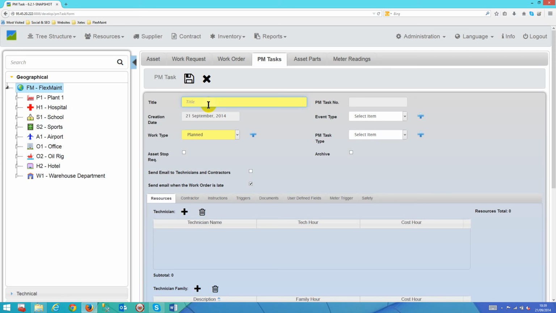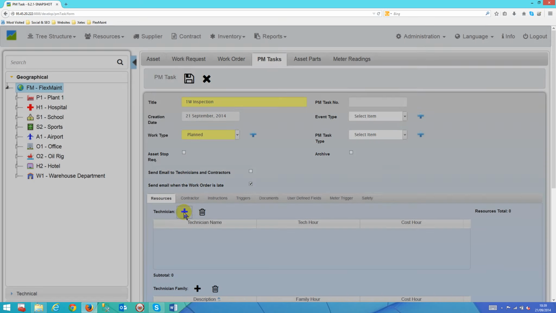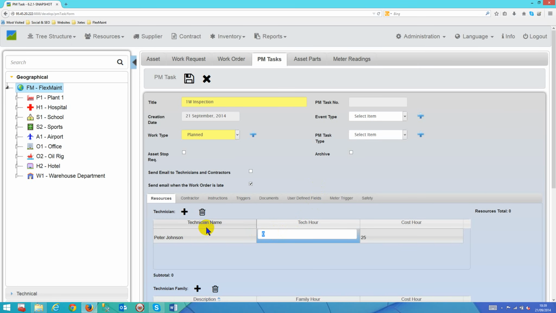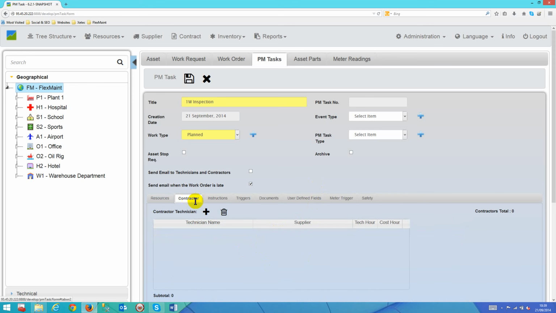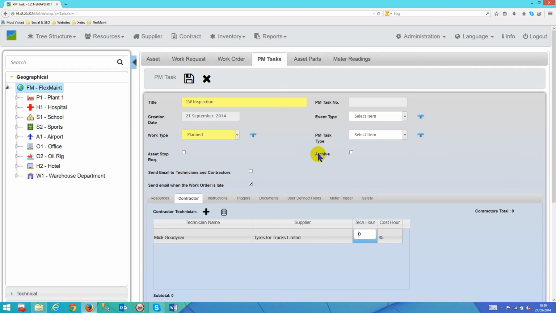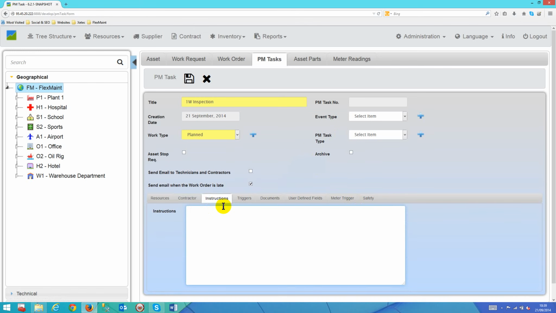In this case I'm just going to simply call it a 1 weekly inspection. And I could add some internal technicians, and I'll just choose one and say he'll be required for an hour. I could then click on the contractor tab, choose one of those, and say he will also be required for 1 hour. Then I have the instructions,